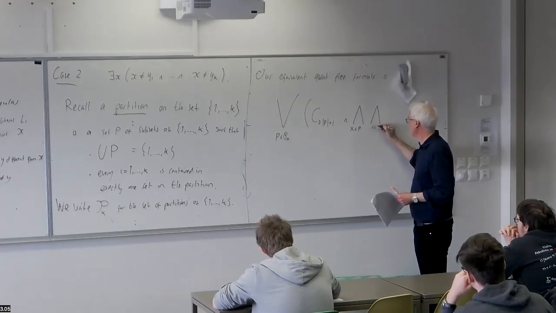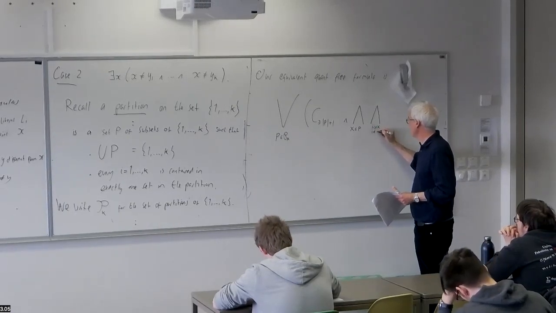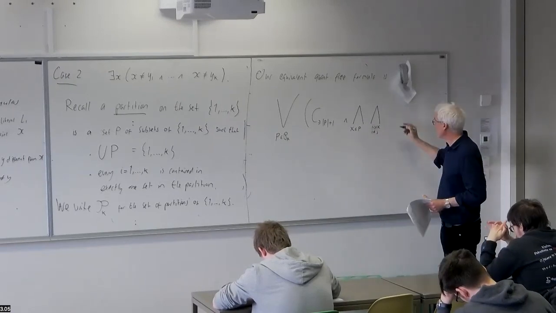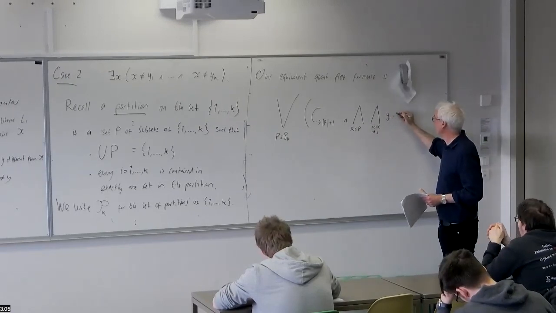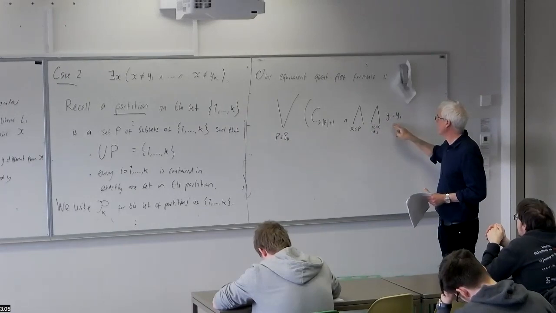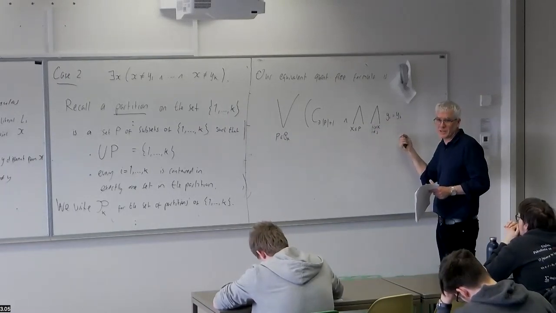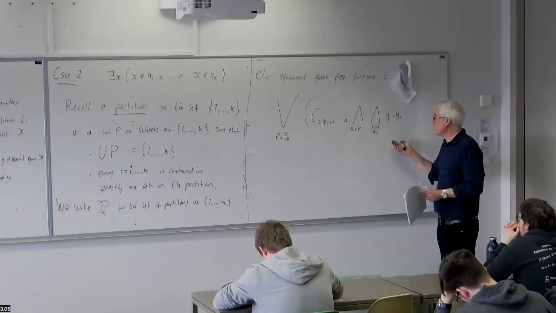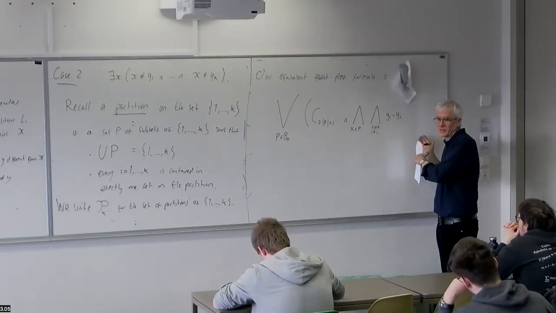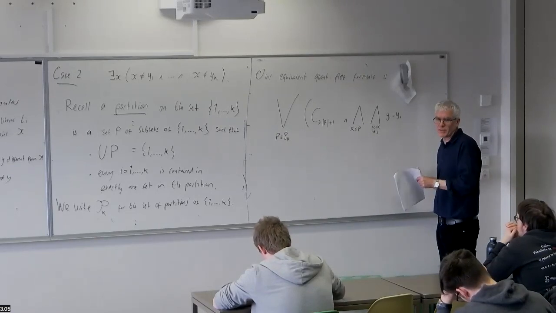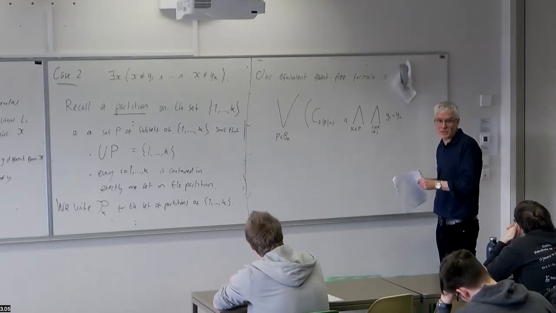Let's just say for a conjunction over pairs IJ in X, when I is not equal to J, we want to say that Yi equals Yj. This makes sure that the equalities amongst variables are as in the partition. You could add also the conjunction saying that between different equivalence classes, you don't have the equalities amongst the variables,